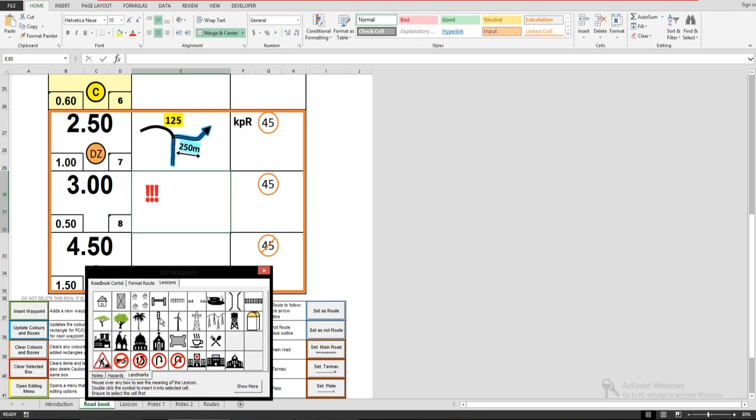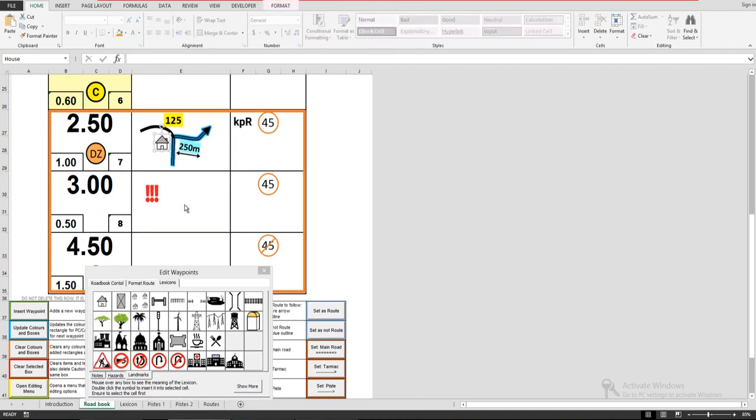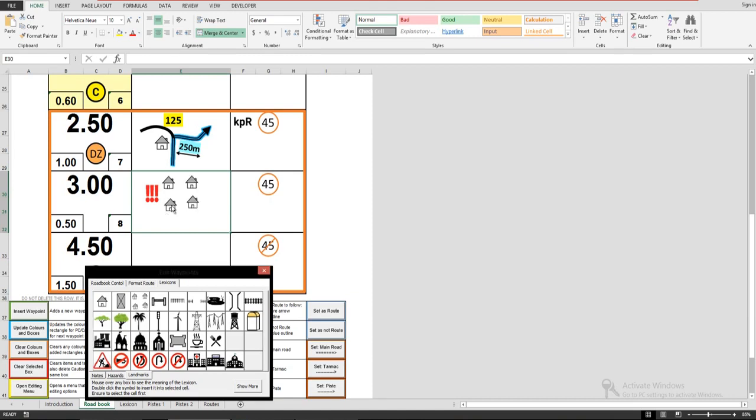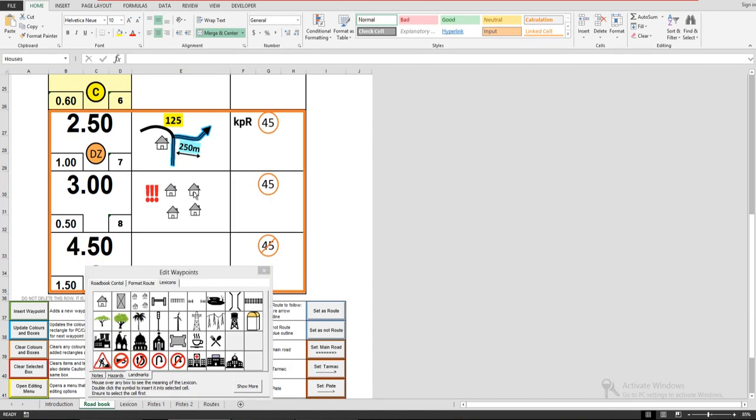And similarly you have again landmarks. So again this has a certain collection of landmarks. If for example you want to insert a house, you can just double click and wherever you selected, a house gets inserted there. If you want to insert multiple houses for instructions like between houses, you can double click that, it inserts. And these are a grouped symbol, so you can always select the group, you can select one individual house and you can move these houses around individually in case this is not the exact location of the houses that you are trying to show. So this saves some time rather than having to manually add each house.